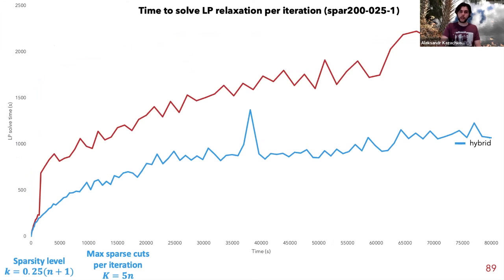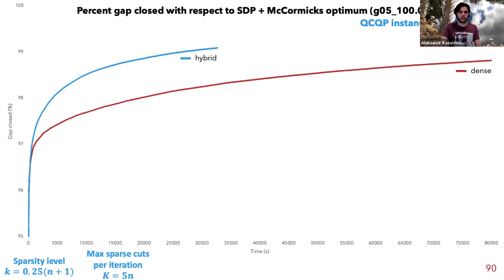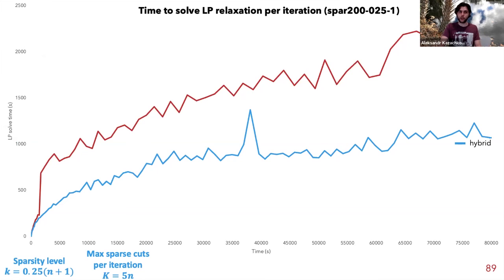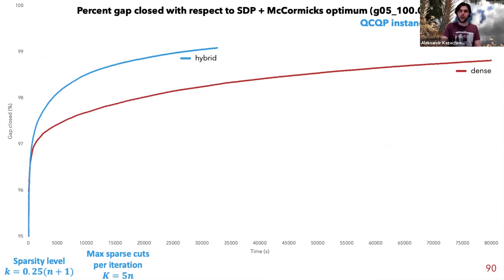That just shows that the LP solution time still remains manageable. We also tested it over the course of a day with QCQP instances, and we saw even more dramatic improvements there. For example, here, after a day, dense cuts close only about 98-point-something% of the gap, whereas hybrid closes about 99% of the gap, which is about as good as you're going to get for these instances, after a fraction